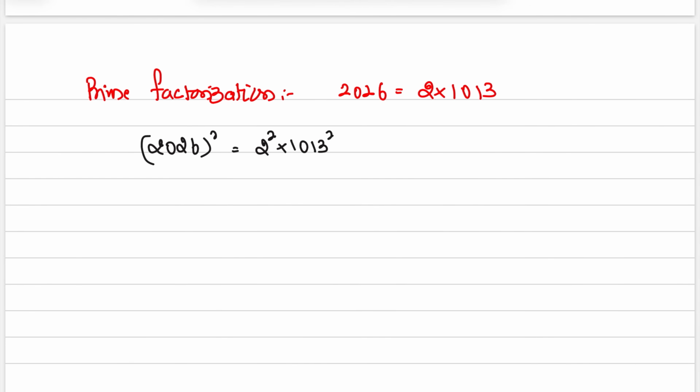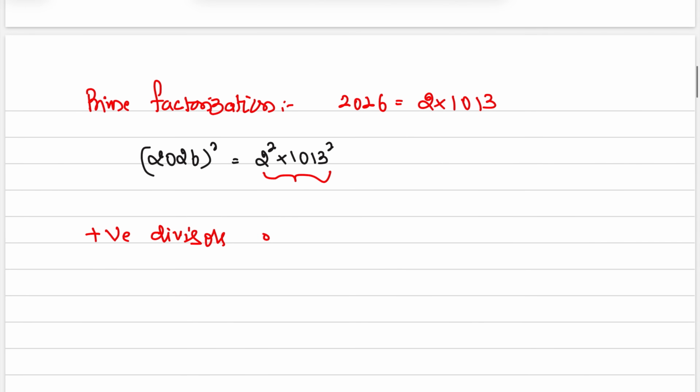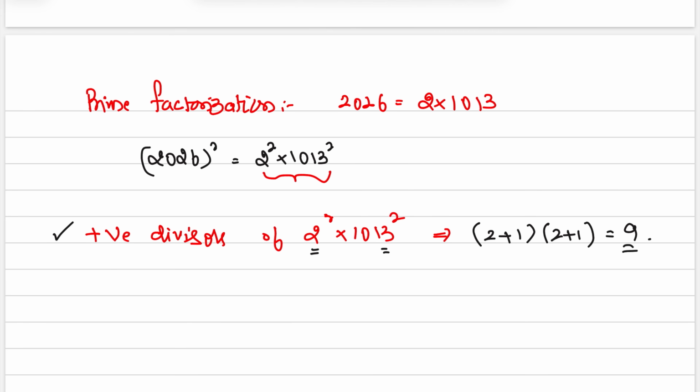Now, how many positive divisors will it have? Positive divisors, I have explained in my previous lectures. Please see them. The number of positive divisors of 2 squared into 1013 whole squared is equal to (power plus 1) for each, that is 2 plus 1 for this, and 2 plus 1 for this, for both. That is equal to 9. Positive divisors of this is equal to 9. That means there are 9 divisors